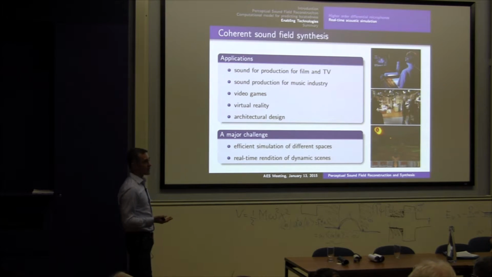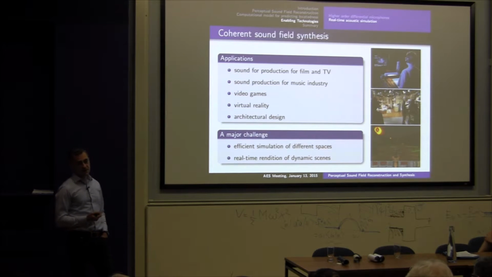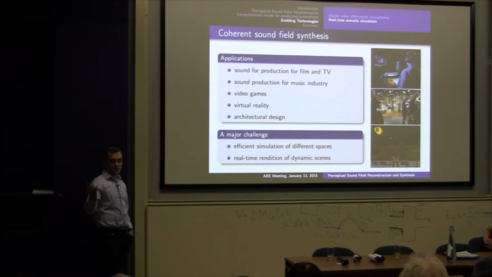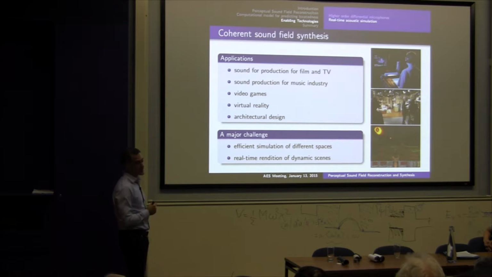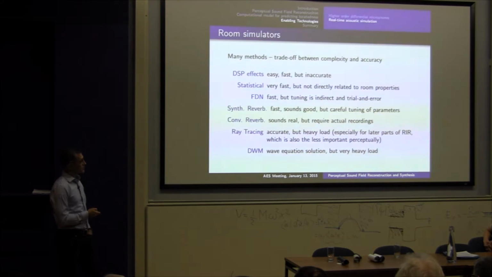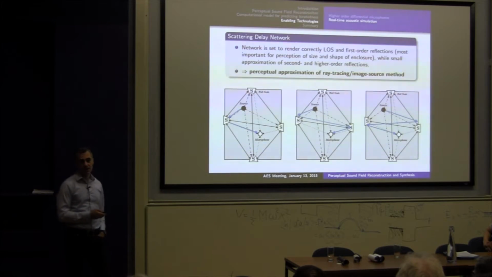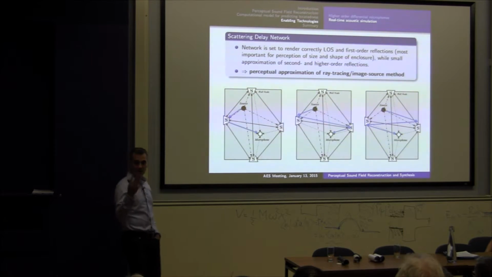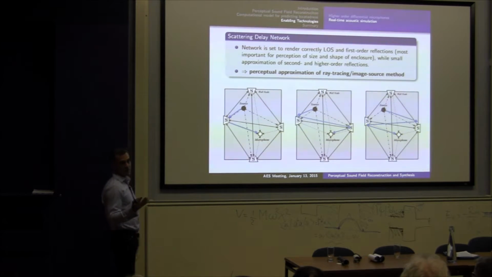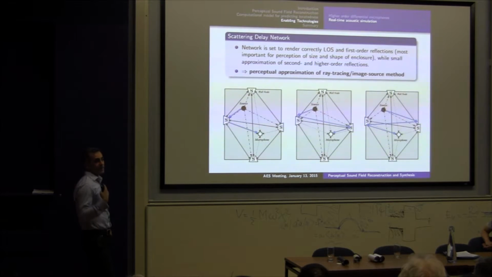Now that would also work well for spaces which are static, but it's not satisfactory if we want to render some dynamic scenes, because calculating all these impulse responses that we would need to use to convolve our sound sources with different reverberation, etc., that would take forever. So what we are doing is that we propose one scheme which is providing very good perceptual approximation of reverberation, or basically very good perceptual approximation of the whole sound field that would be generated in a given closed space. But we are doing it in such a way that we make sure that we render the direct